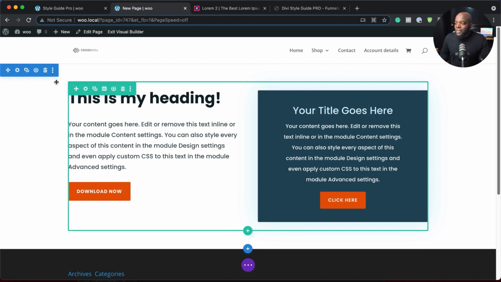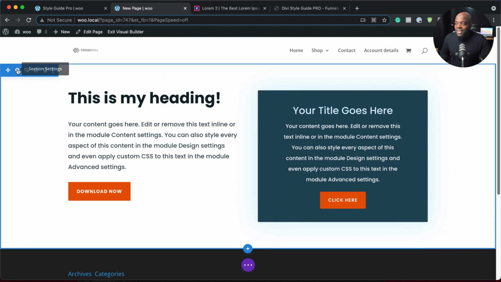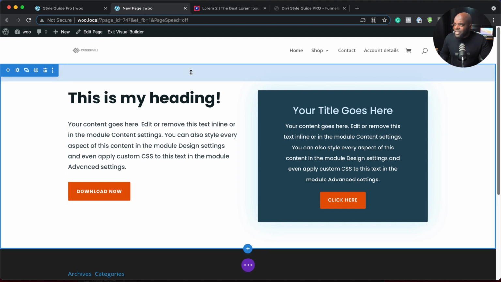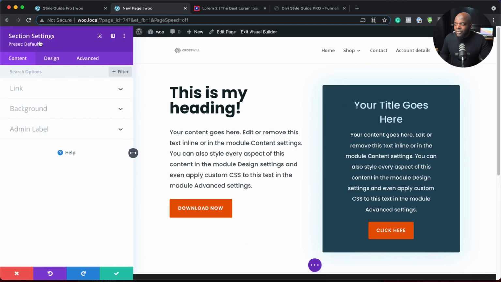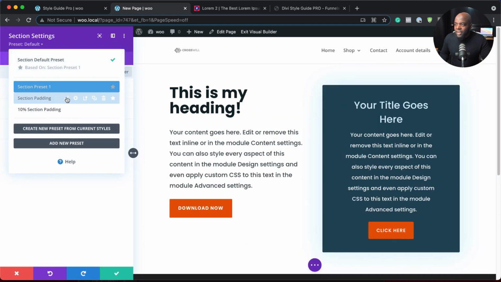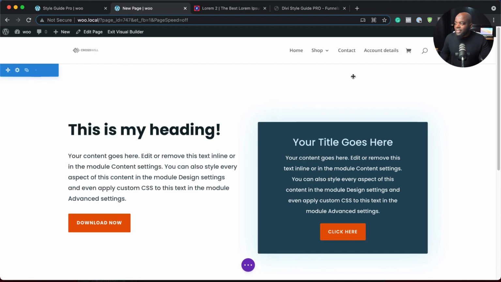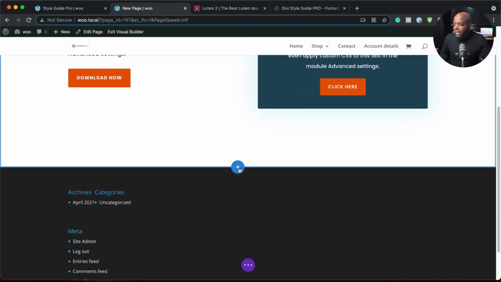Okay, so as you can see here, I've designed this super fast. Now, we also have presets for our sections. So you don't want to go in each and every time and add more spacing here on the section. So I have a preset. If you come over here, here's your 10% padding. Boom, just like that, you've got your 10%, and this readjusts as you design your website. Next, let's add